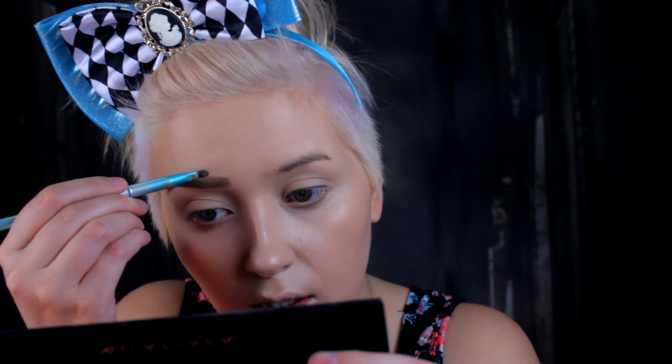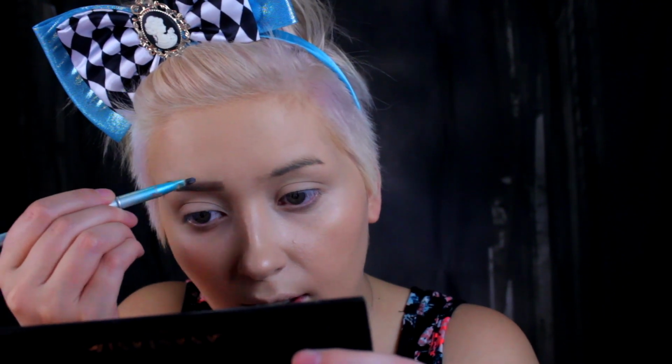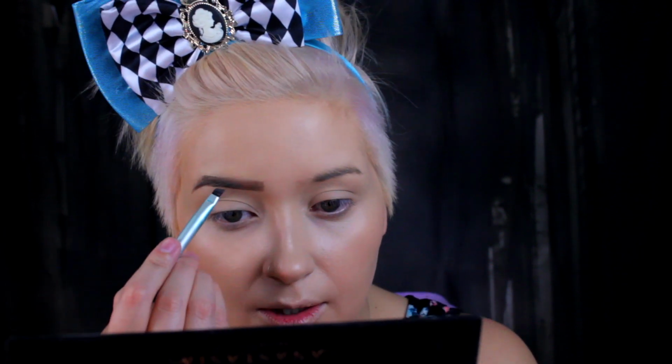I'm interested to see how easy it is to wipe away too, with concealer and foundation, because I definitely need a little bit of cleanup on my brow from time to time. Okay, I'm just gonna take a bit more out, dab it on that surface, and then use my actual angled brush in it. I don't know why it's not in like a squeezy tube or something, because...